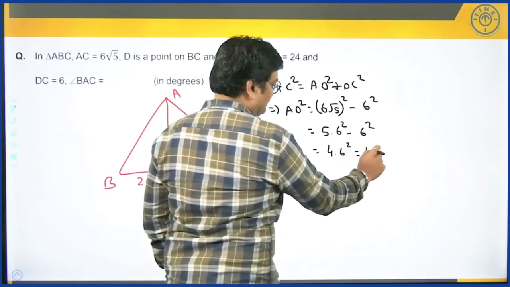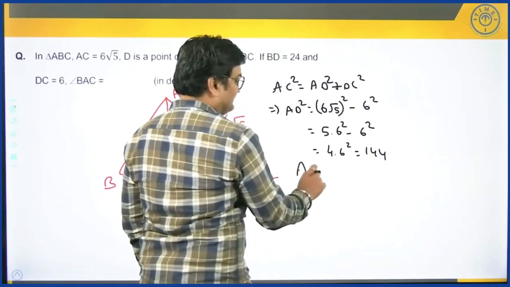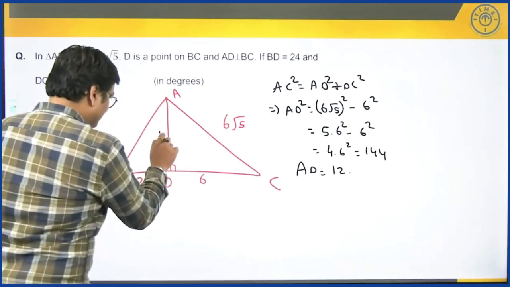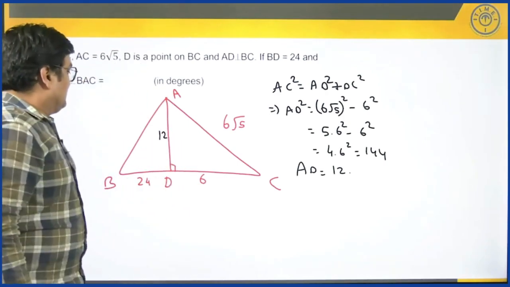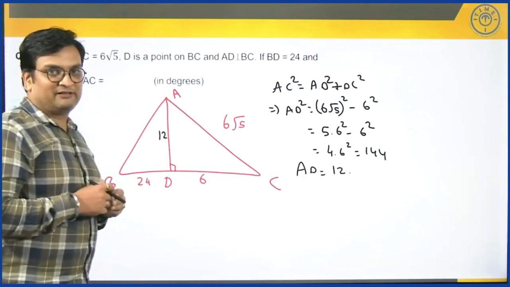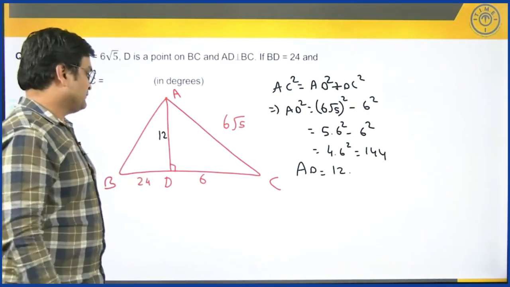36 into 4 is 144. So thus AD can be calculated as square root of 144, which is 12. So we get this length as 12. So this length happens to be 12. Now we have a property, all right. We can make use of a property here. The property is,